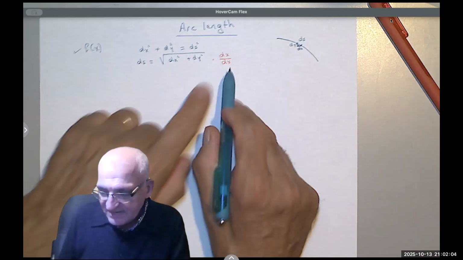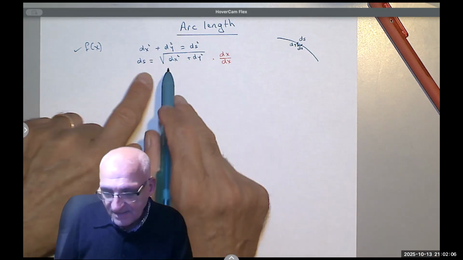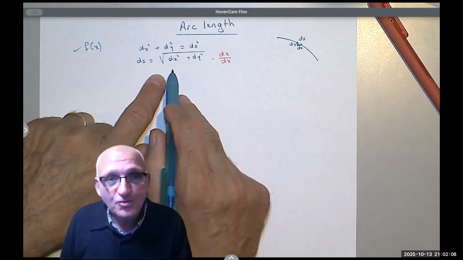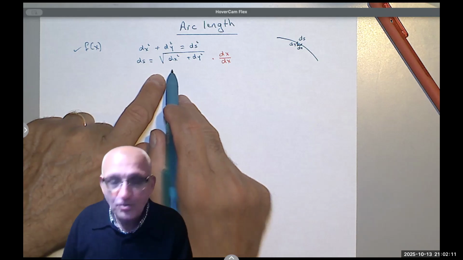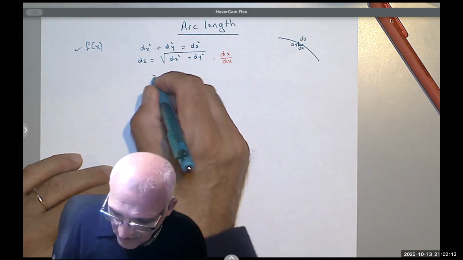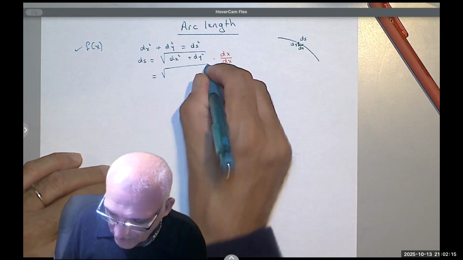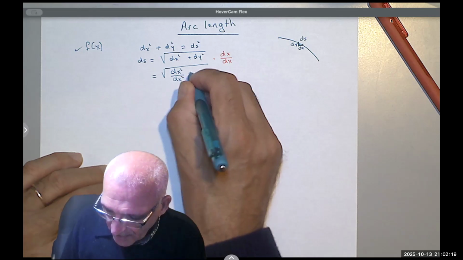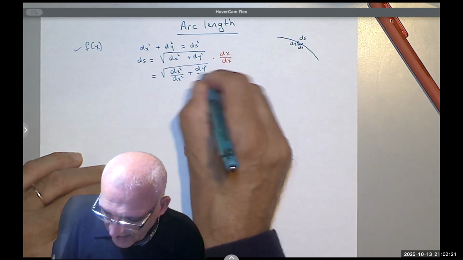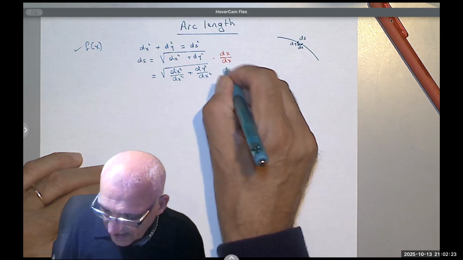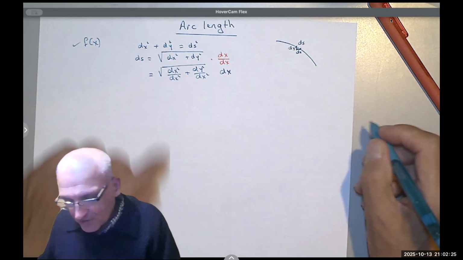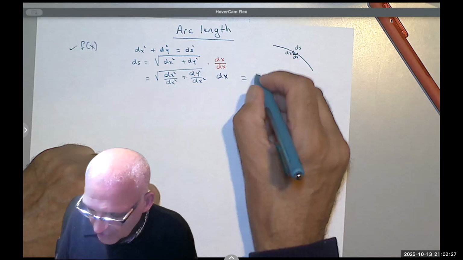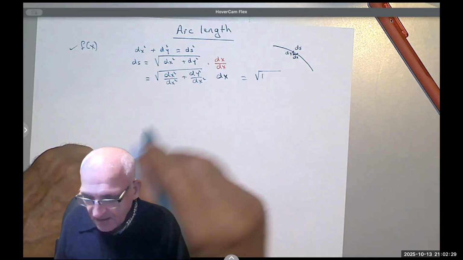You all know that if I take dx and let it go inside the square root, it will go in the denominator as dx squared. So now you will get the square root of dx squared over dx squared plus dy squared over dx squared, times dx. Of course, the first term is 1, so you get the square root of 1